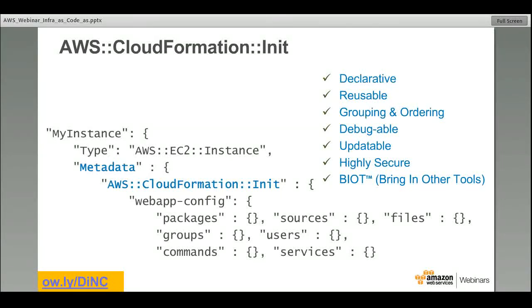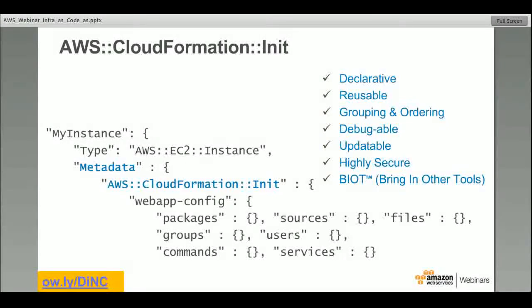Going deeper into CloudFormation Init, as I mentioned, it's a declarative way of deploying and bootstrapping applications in your CloudFormation stacks. Here is an example. It uses the same JSON that you're used to while creating infrastructure using CloudFormation.